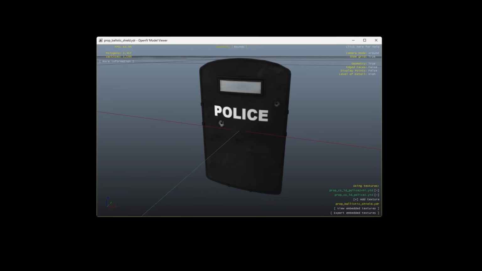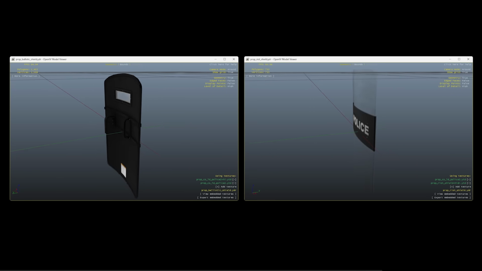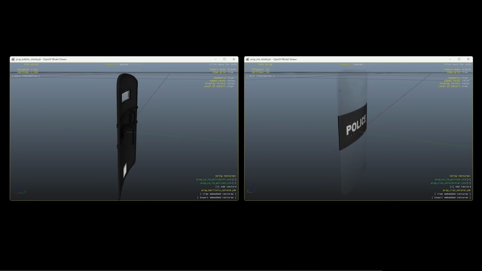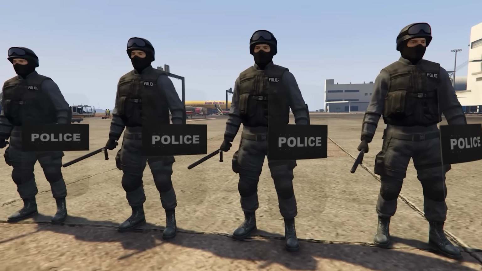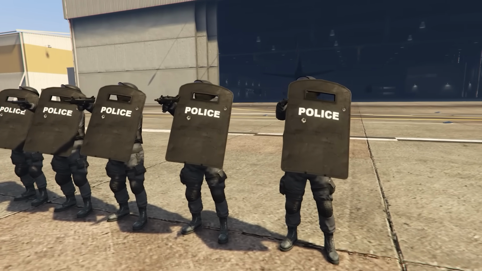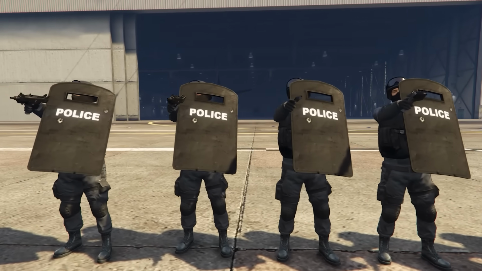Despite Rockstar going through the liberty of making not one but two fully textured riot shields, they remain unused by every unit of the police since the release of this game. So we have this one here, which is your bog standard riot shield for non-lethal crowd control, and the ballistic shield, also known as tactical or bulletproof shields, which are of course designed to protect against firearms and other ballistic